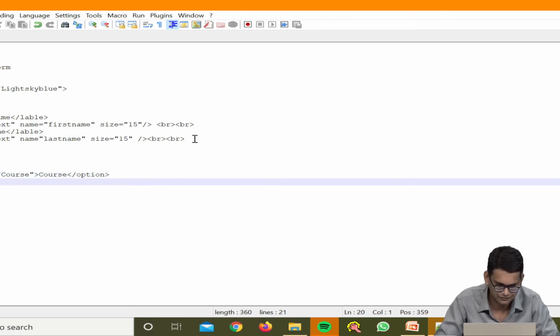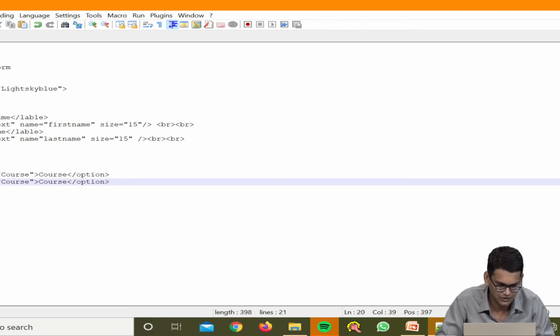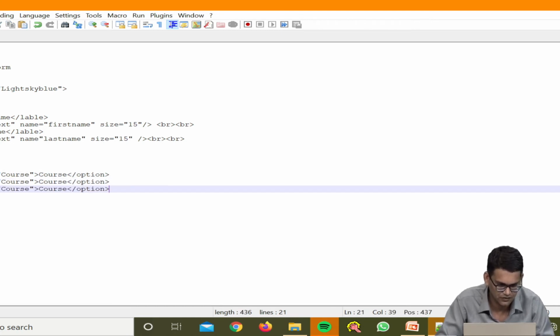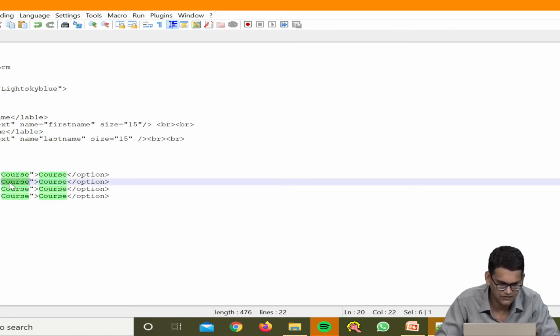Next, I am copying this one and pasting it here, multiple lines. Then we edit this, so we can change the value here. We provide the course name as BCA, and here we provide BCA.